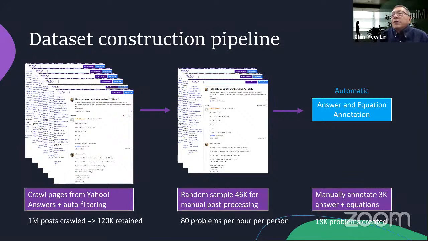When we do the annotation, we are not manually post-processing all 46,000 posts. We sample about 3,000, and then we manually annotate those 3,000. We estimate we can process 80 problems per hour per person. And so this process actually